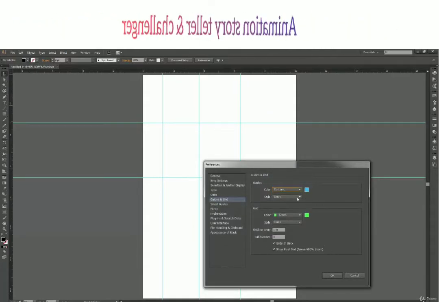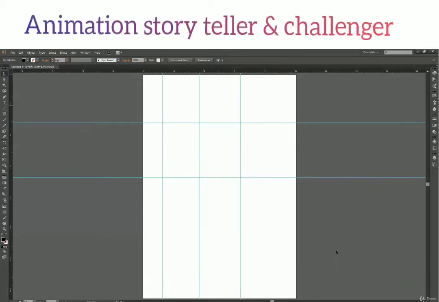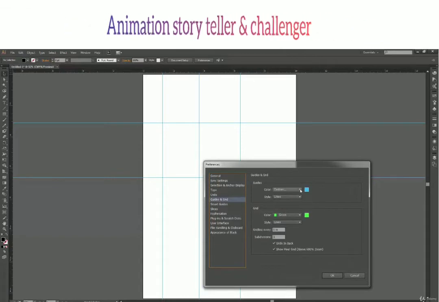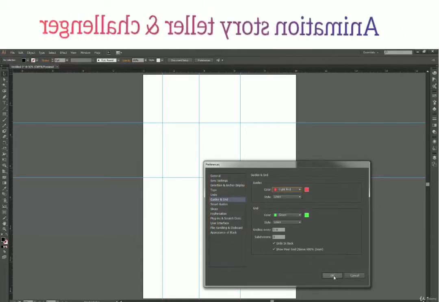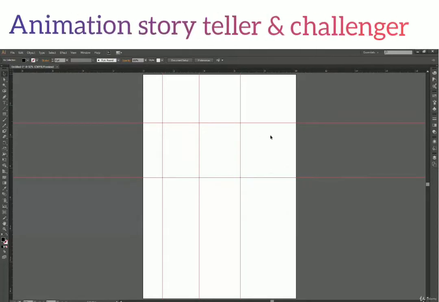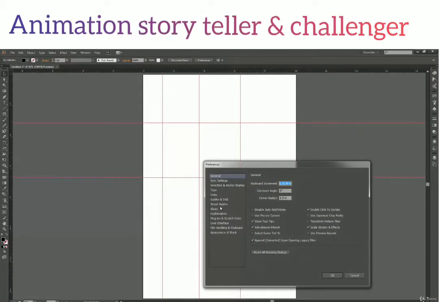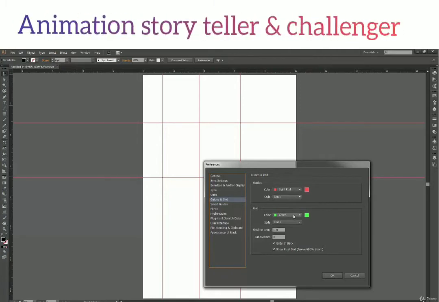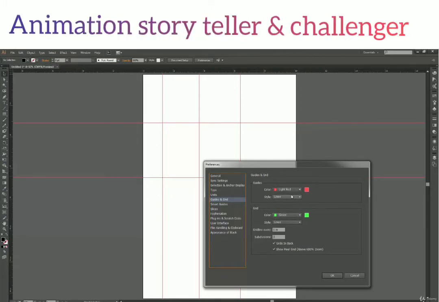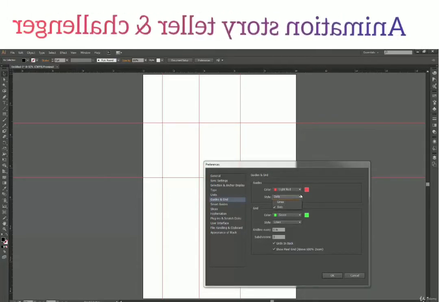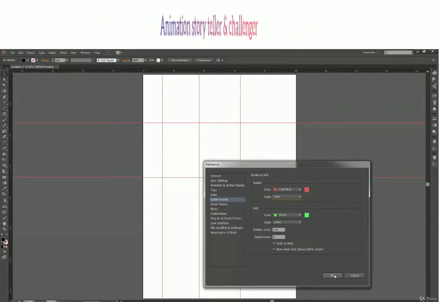Once I change the color, I can press OK, and this will change the color. I haven't selected any different color yet, so let me select red now. This is how it changes my guides. Next, if I want to change the style, let's say I don't like these sharp lines and they're interfering too much with my design, let's change this to dots. From lines, I have changed this to dots and press OK.